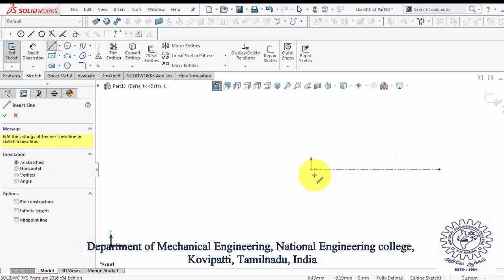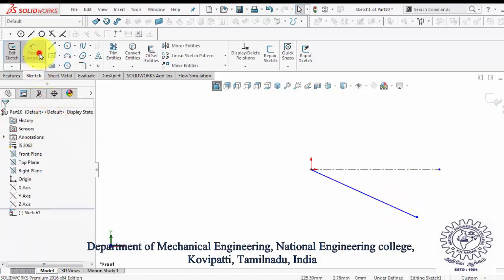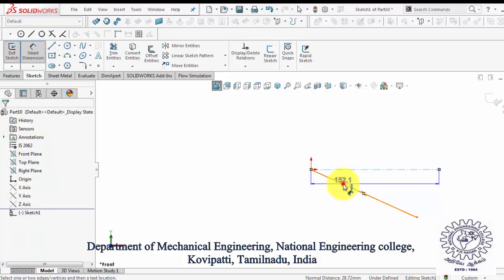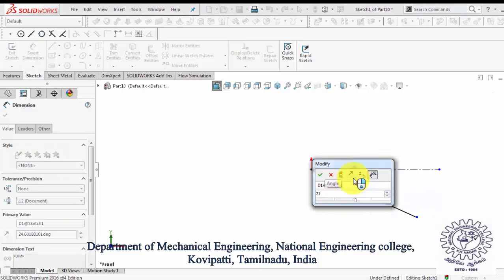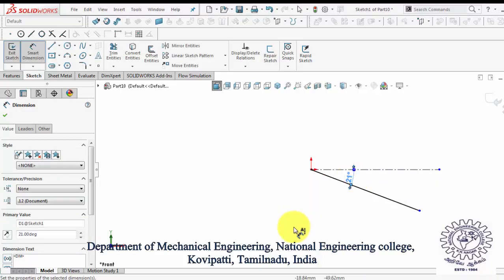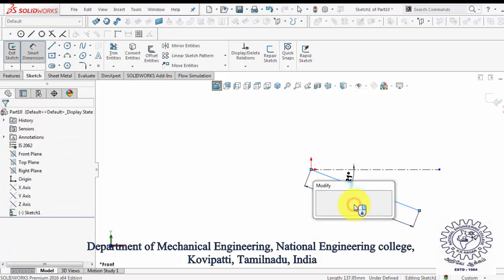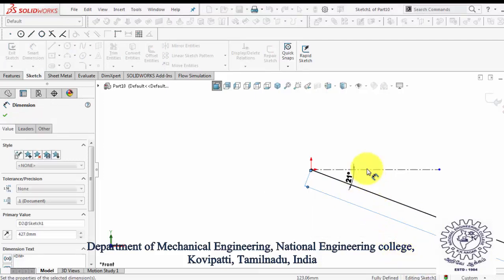Then, select the line command and draw a line starting from the origin with respect to the previously drawn construction line. Specify their angular dimension using smart dimension command. Then specify the dimension of the newly drawn line. After dimensioning, now select the center line